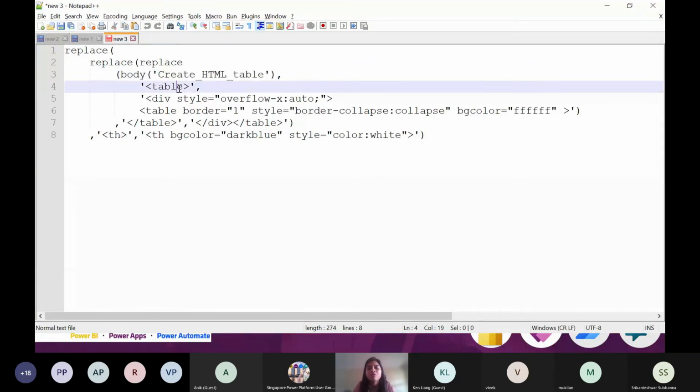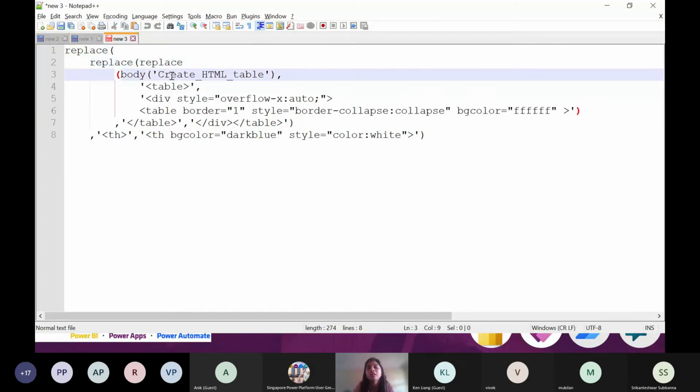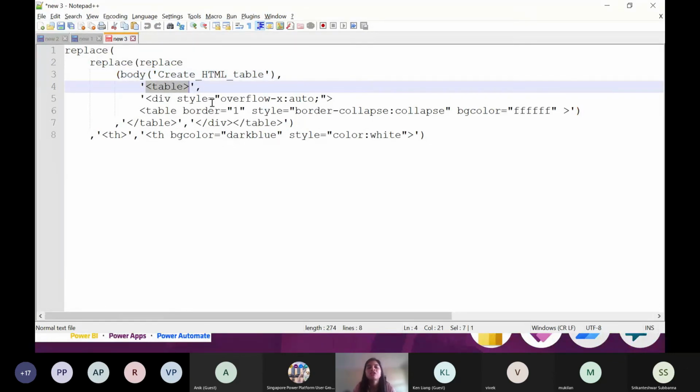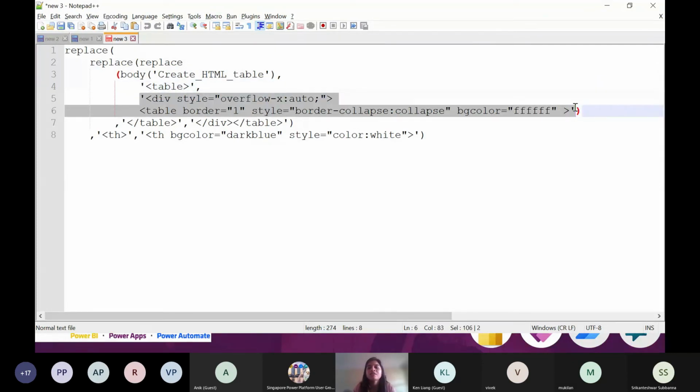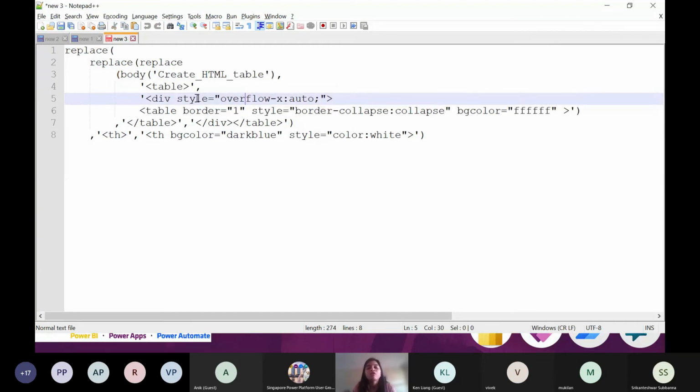Okay. What I've done, the first replace, what it does is it looks for the body tag, create HTML. It looks for the existing table, and then I've changed the styling. So after the comma, the section that I'm highlighting is the first styling that I do. Overflow style is making it responsive.